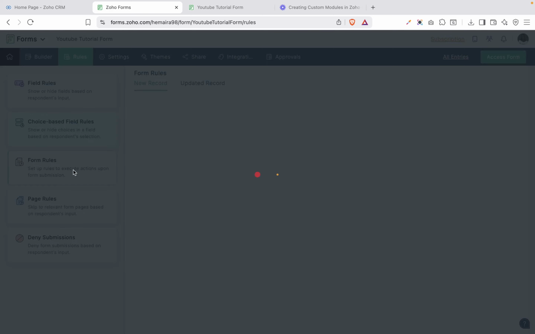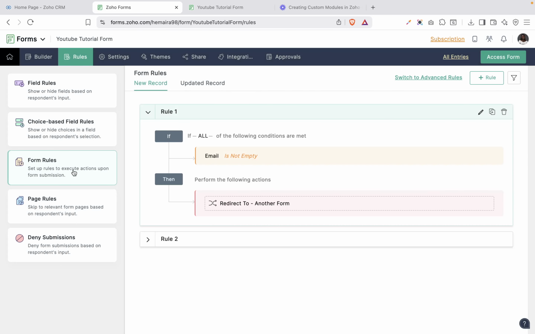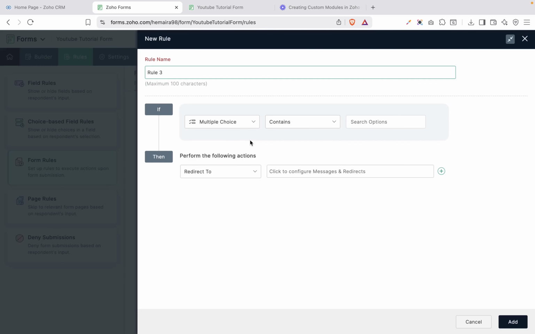So the next one is the form rules, and the form rules happen when this form has been submitted. All of these rules apply when a respondent has submitted a form. So you can do all of these actions. You can decide to redirect them to a custom page. You can also decide to send them straight to download an ebook that you want them to download, or you can decide to send them to another link, or you can even decide